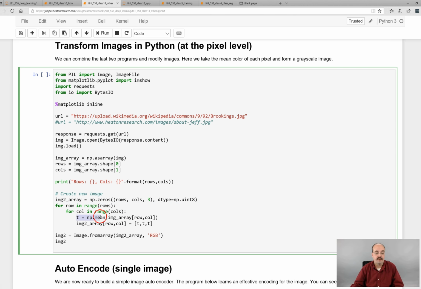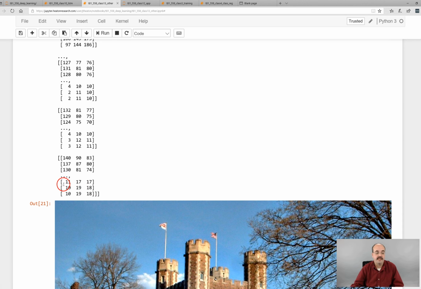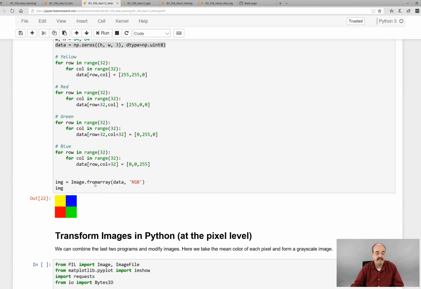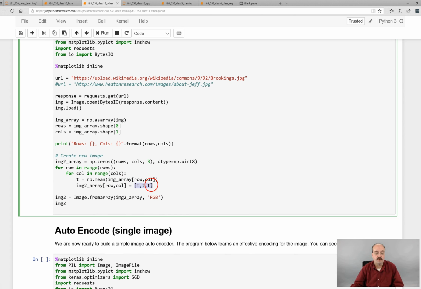T, which means temporary, is going to be... I'm taking the mean of each of those RGB values. So up here, we had all these RGB values. Each one by one, I would be taking the mean of 11, 17, and 7. I take the mean of each RGB pixel, and I create a new RGB pixel where red, green, and blue